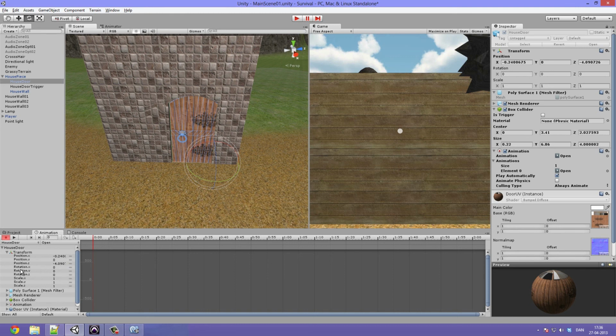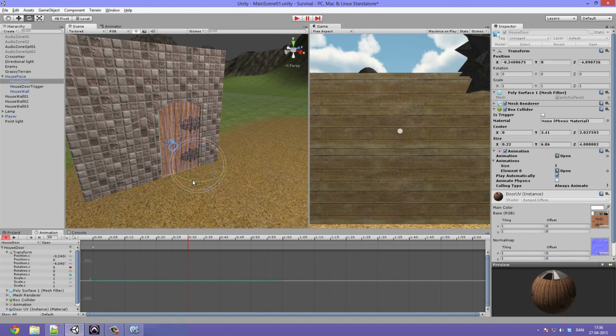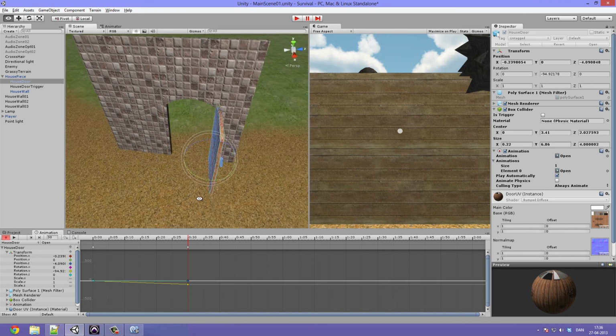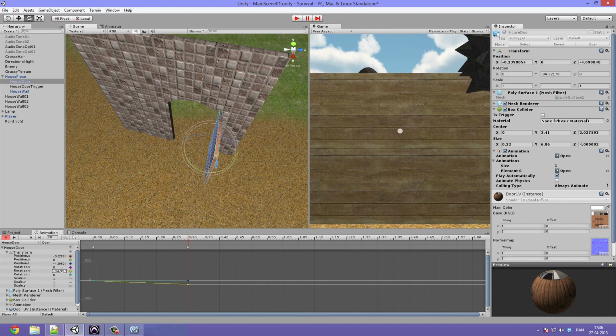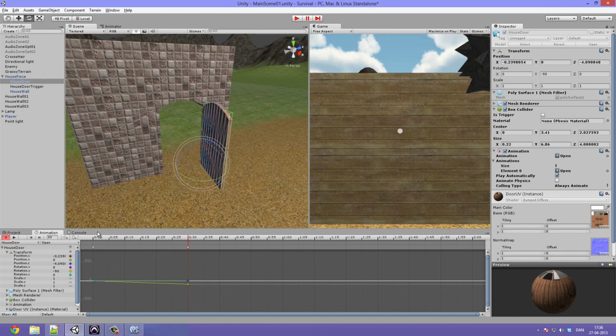So let's go under the rotation Y, hit add key, then go move forward about half a second and animate the door. And you can make it open whatever way you want, and you can also choose how much. I'm just gonna write a value of 90, or minus 90 actually. Minus 90. Great. So now if we hit play,